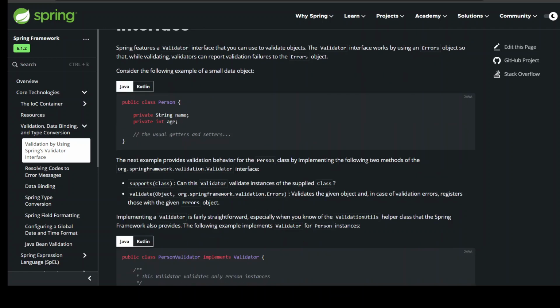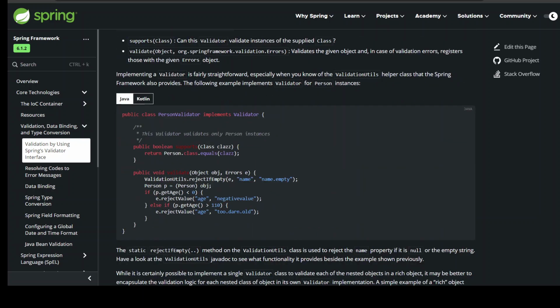validates the given object and, in case of validation errors, registers those with the given Errors object. Implementing a Validator is fairly straightforward, especially when you know of the ValidationUtils helper class that the Spring Framework also provides. The following example implements Validator for Person instances. public class PersonValidator implements Validator { /** This Validator validates only Person instances */ public boolean supports(Class clazz) { return Person.class.equals(clazz);